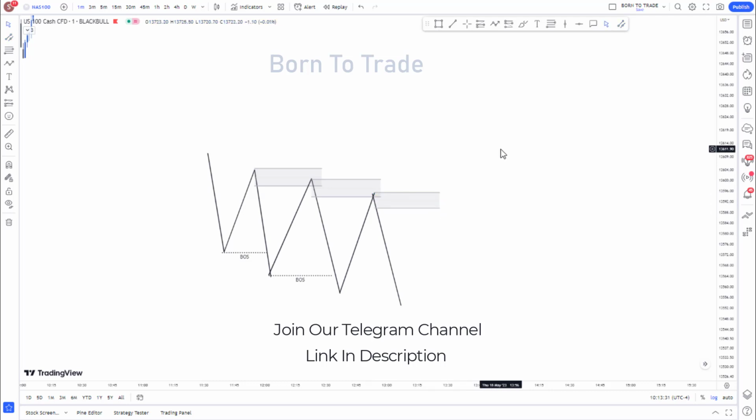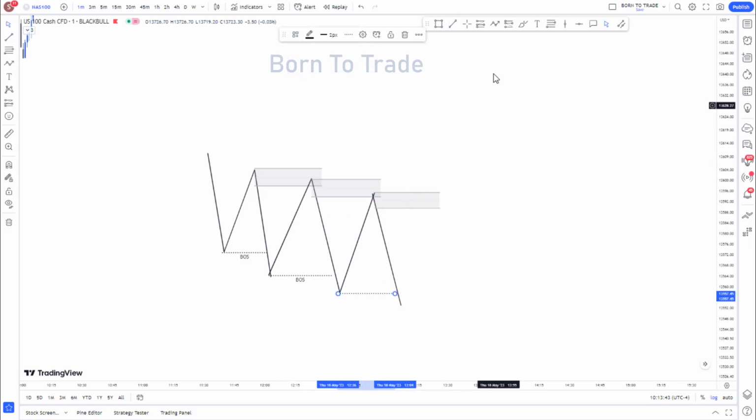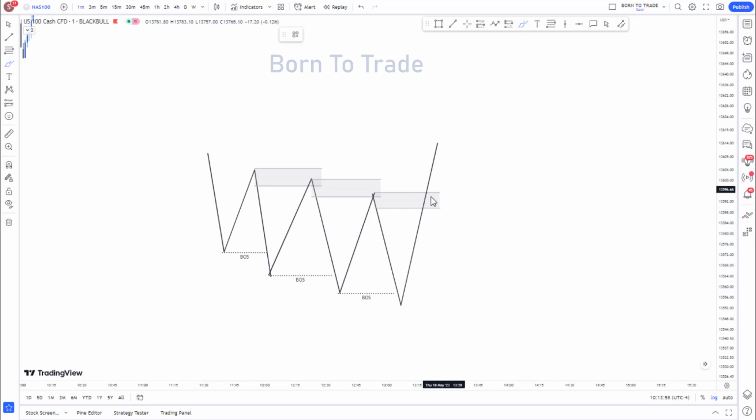Now, how is a breaker block formed? A breaker block is simply a failed order block. And what do I mean by that? So we have a break of structure to the downside, and our expectation is that price is going to come back to mitigate the order block we have right here. So in a case where we see price blast through this order block, you see this particular order block right here, it failed to hold price. So once this order block fails to hold price, it automatically turns into a breaker block,